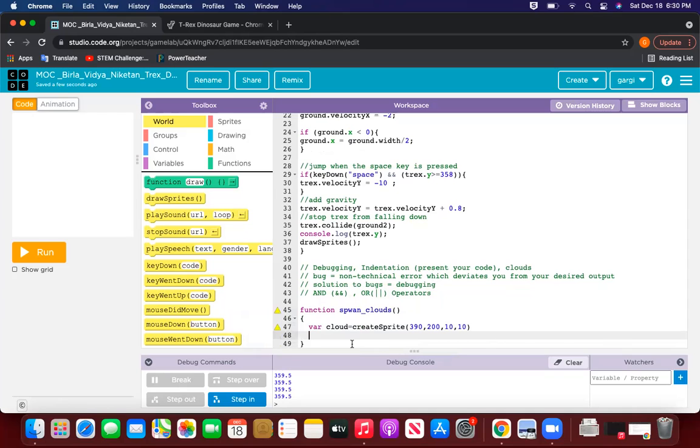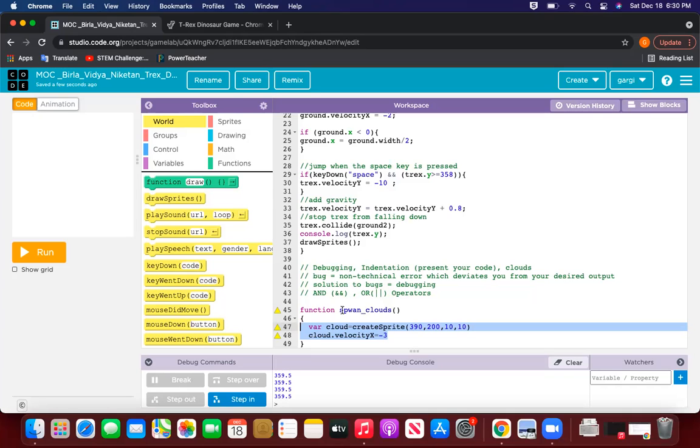Now my cloud should be moving, right? So I need to give my cloud a velocity. In which direction? In X direction. Now I need to go from right side towards the left side, so it has to be a negative sign. So let's say -3. Now these two purposes I have defined in my function. But how will you use this function?